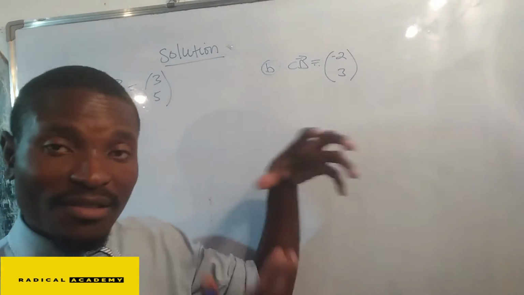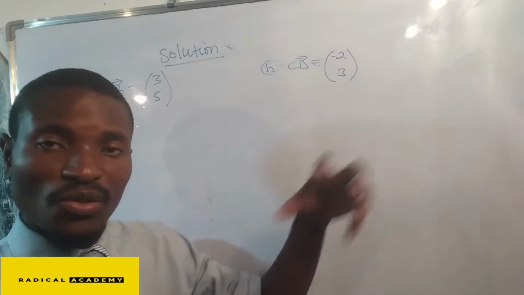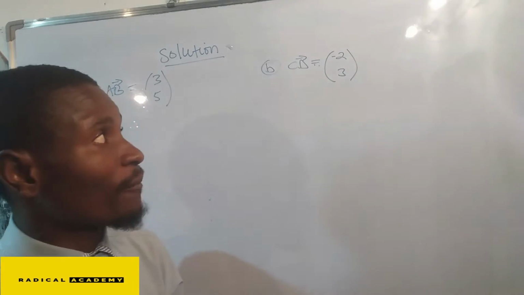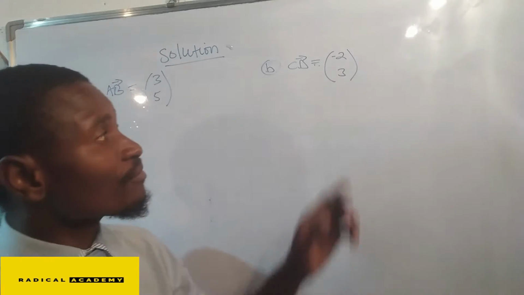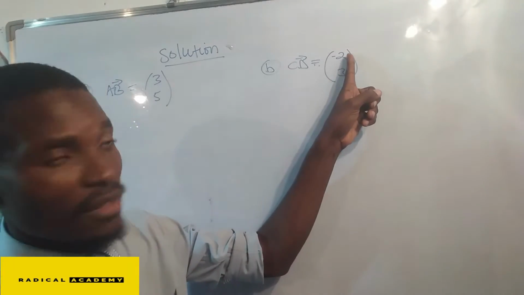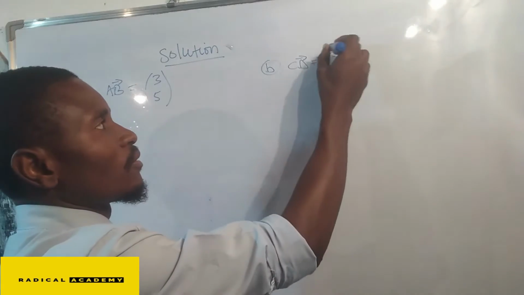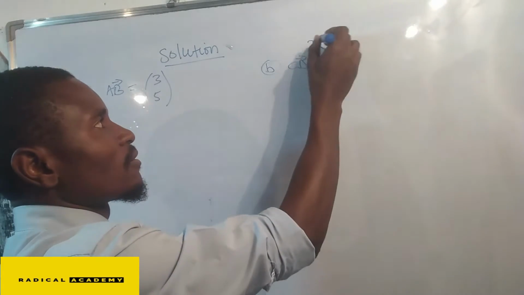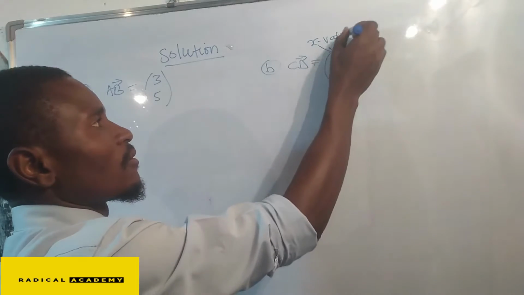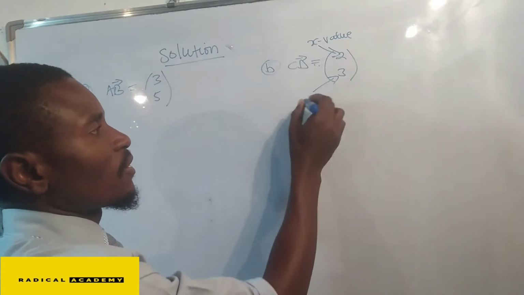Remember that it is also referred to as a column vector, because they are in column form. So we have the first number there, this number is the x value, and then this one is